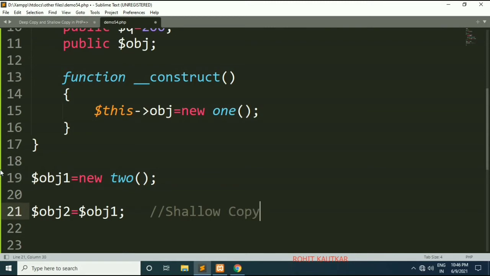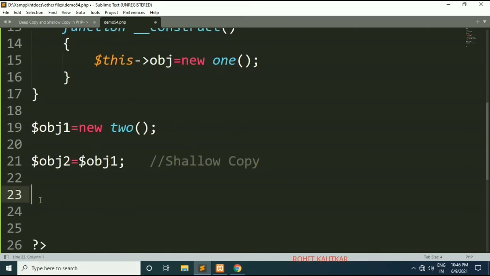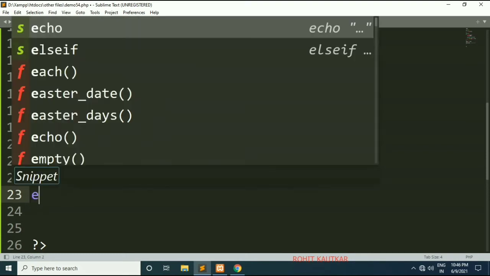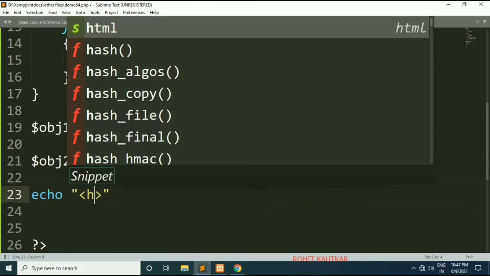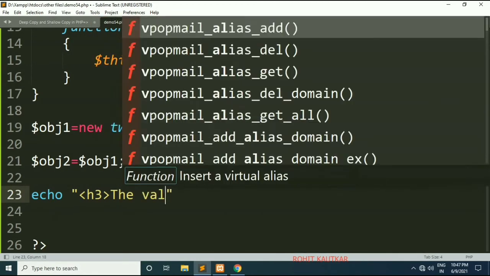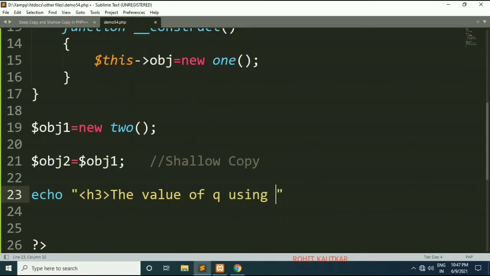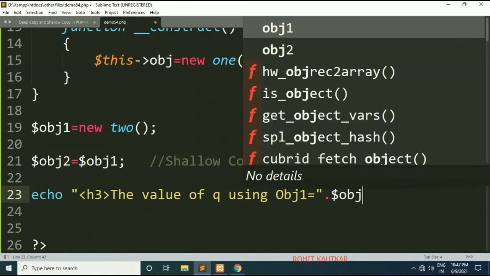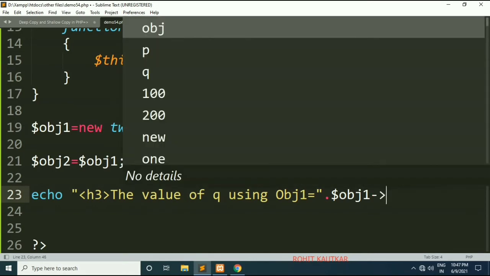Now friends, using both objects I will try to print the value of q and see what happens. I will write echo, in double quotes, let's say h3, and the value of q using obj1: $obj1 object operator q.